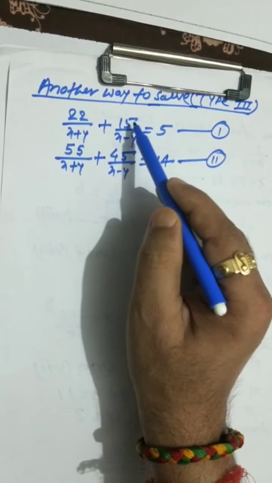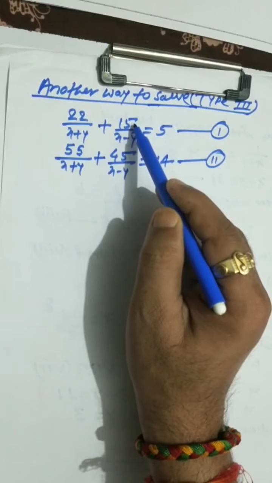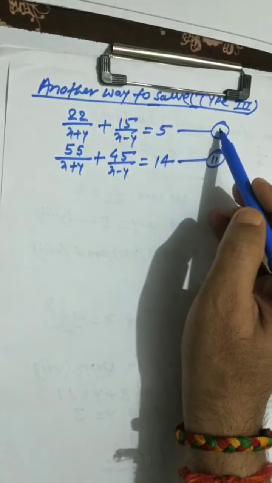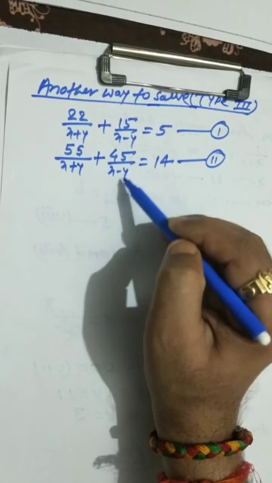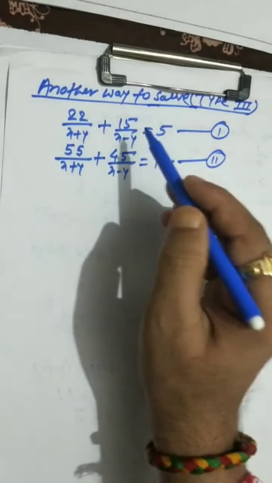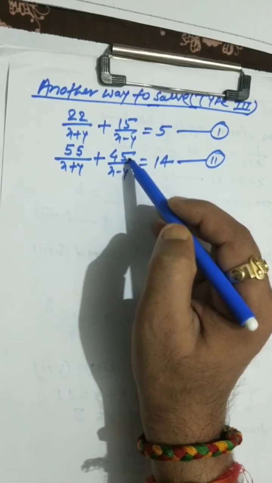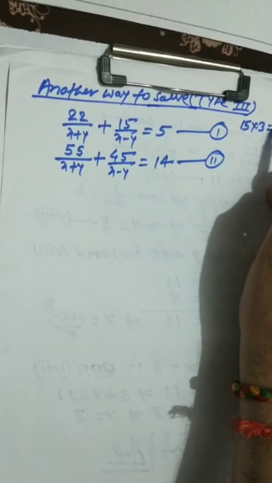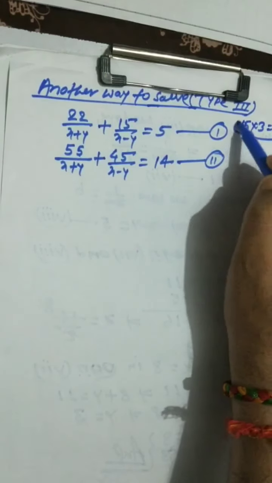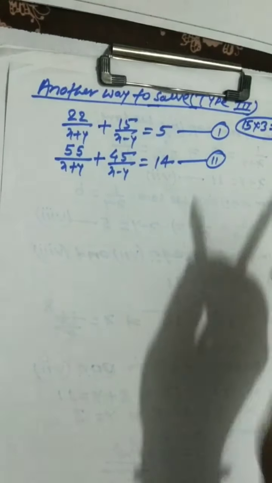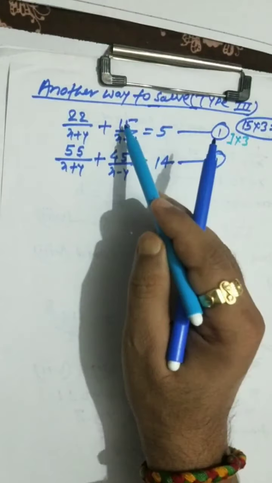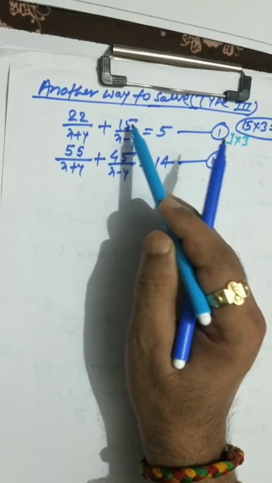Now you have to see what is here. 15 is here. 15 is the coefficient of 1 by x minus y in equation first, and 45 is the coefficient of 1 by x minus y in equation second, and 45 is a multiple of 15. As you can see, 15 when multiplied by 3 will be equal to 45. So let us multiply equation first by 3 to get the coefficient of 1 by x minus y as 45,